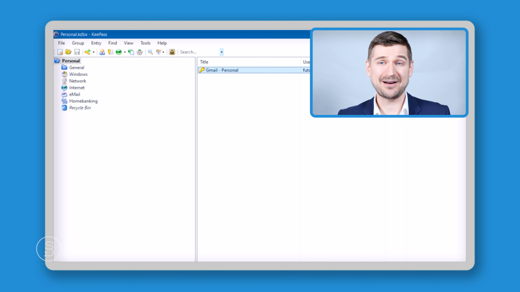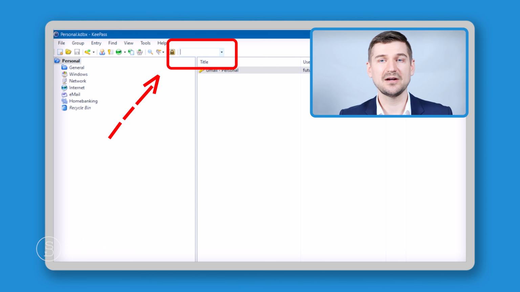So what we can do now is we can add in all of our other accounts. It takes a little bit of time to set up at the beginning, but once you've got it all in there, it's very useful because what you can do is use this search feature to find whatever password you're looking for. And outside of that, if there's other kinds of things that you need out of this Password Keeper software, I very much encourage you to see if it will do what you need it to do, and if it doesn't, maybe take a look at an alternative. But I generally find that KeePass does everything that I need it to do. It's free, it's simple to set up, it's easy to use, it's very dependable, it's being updated all the time, which is really important, and I just think it's fantastic.